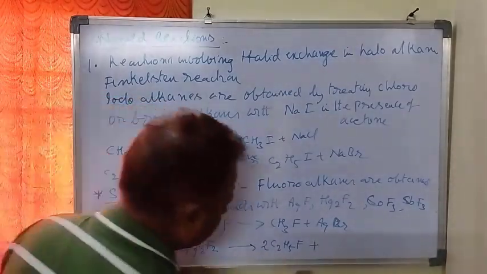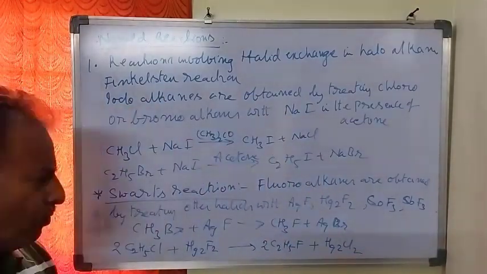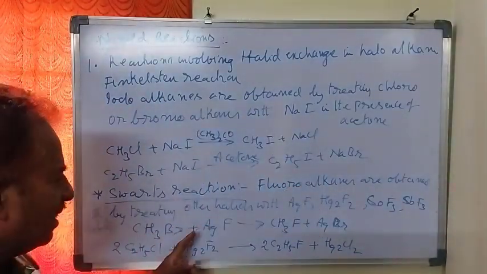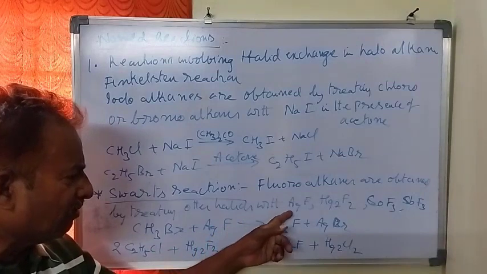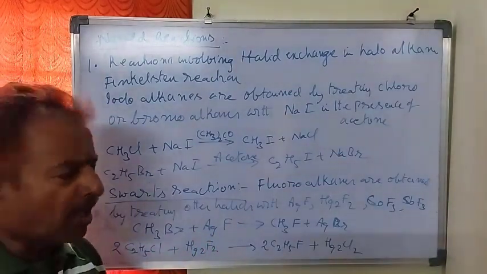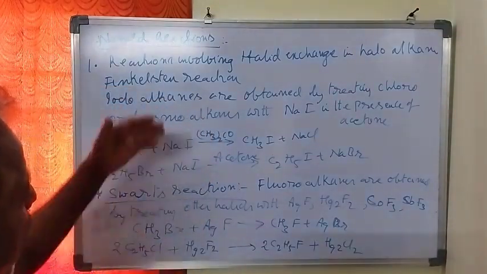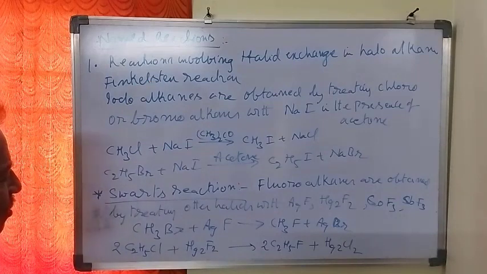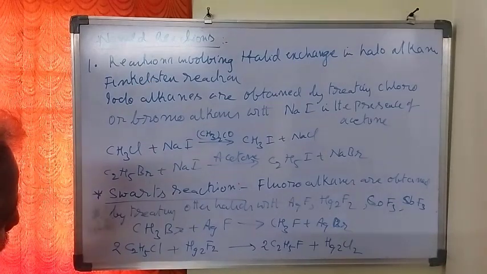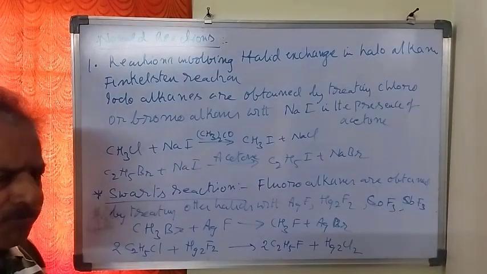Then we get Hg2Cl2. So in this way fluoroalkanes are obtained by treating other haloalkanes with silver fluoride, mercurous fluoride, cobalt fluoride, or antimony fluoride. So these two reactions, Finkelstein reaction and Swarts reaction, are used to prepare iodoalkanes and fluoroalkanes from other halides. Now named reactions involving